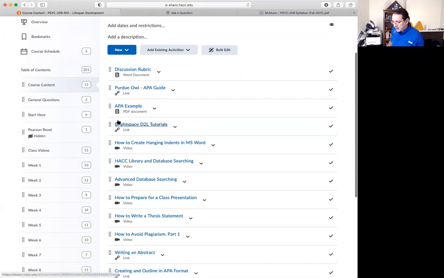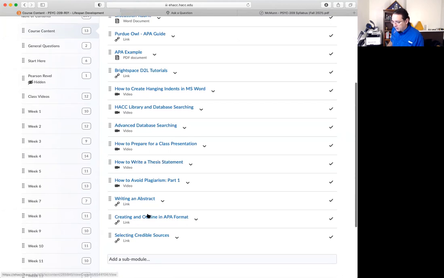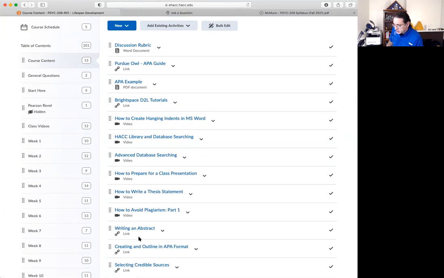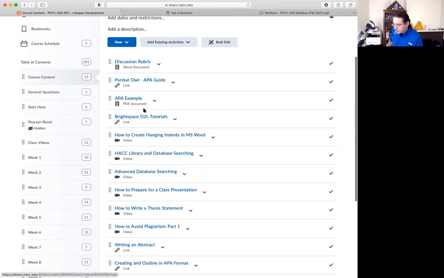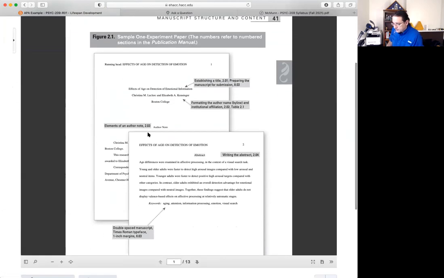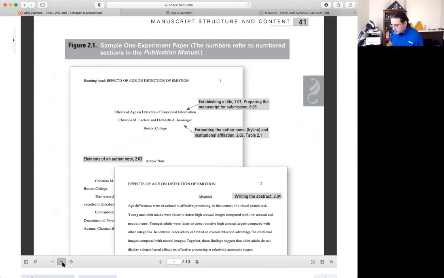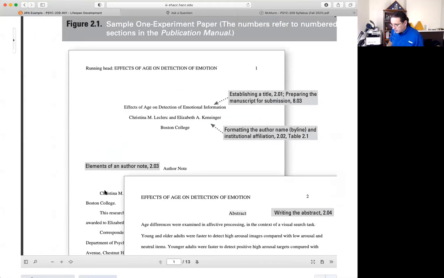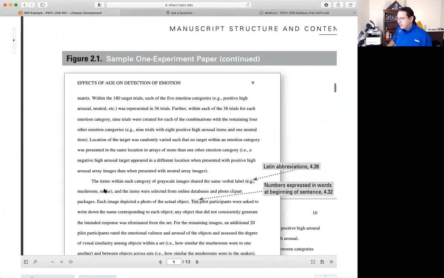And of course, if you look under course content, I've got a lot of great resources here on selecting a credible source, writing an abstract. We're not going to be doing a whole lot of abstracts. I don't think we're doing any abstracts this class, so we don't have to worry about that. APA example, okay. So let me zoom in so it's a little more readable. I'm going to scroll all the way to the bottom